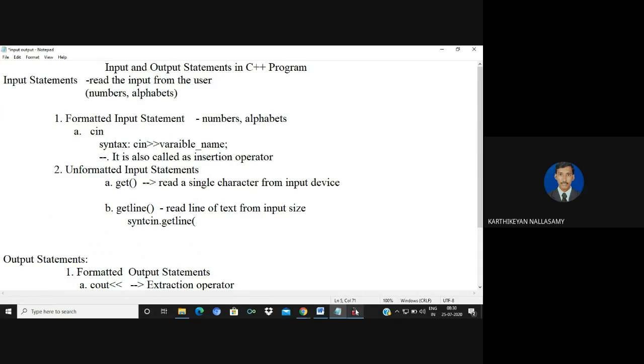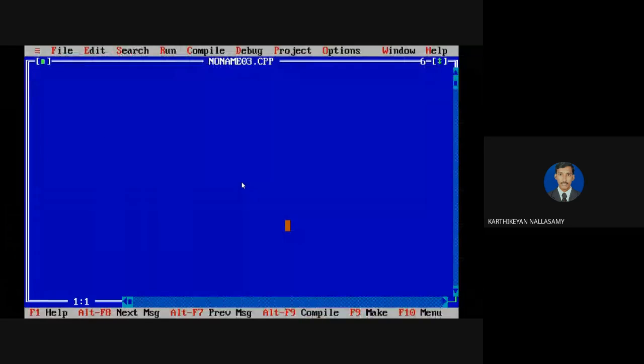Okay, let us discuss one simple example. I'm going to write a simple C++ program. As you know, the basic header file supported for a C++ program is iostream.h, so I include it. Just for testing purposes, I don't want to go with a class definition or a function definition, so I am going with just a simple main function definition. Assume that I want to read one whole number, so the data type is integer, and I'm going to say my variable name is number.